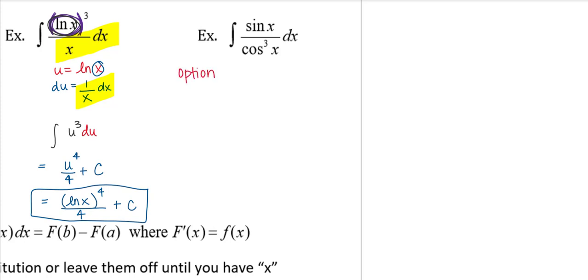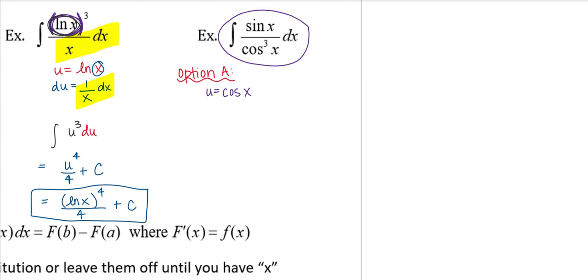Now, I'll say option A, because I don't want you to think that option 1 should be your go-to or option 2. It's literally whatever you see. So if you are adept at u substitution, because that's what you've been doing and that's kind of what you see, if you look at this antiderivative right here and say, hey, I know u could be cosine of x, if that's something that you're saying right away when you look at this, then option A is going to be for you. Okay?